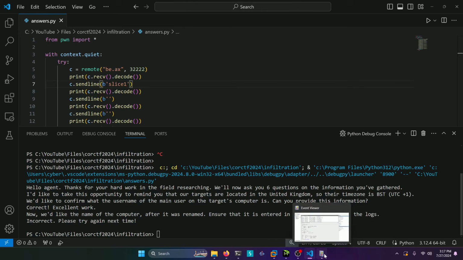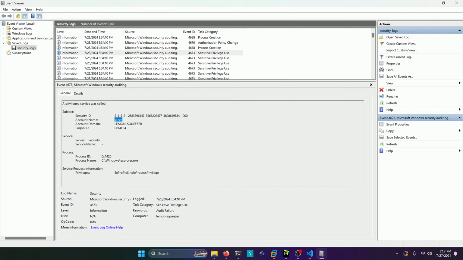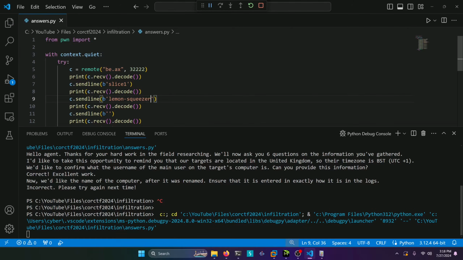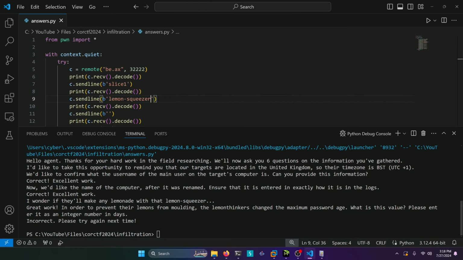Okay, so if we go back to our event viewer, these times are sorted from latest to earliest. So the computer name that we see here is going to be the computer name that it was originally changed to. So Lemon Squeezer will be the answer to our next question. And we'll rerun the script. We got it right, and our next question is,